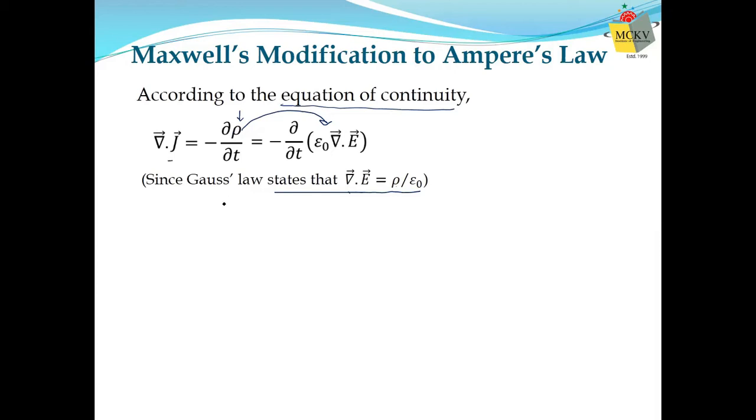Okay. So now what are we observing here? We are observing that the negative symbol only tells you that it is the decrease in charge. The main point is that here there are two operators, del del t. This is the differential operator, del del t. That means it is a time operator, and there is another operator here, the del operator. So these are the two operators operating on the electric field.